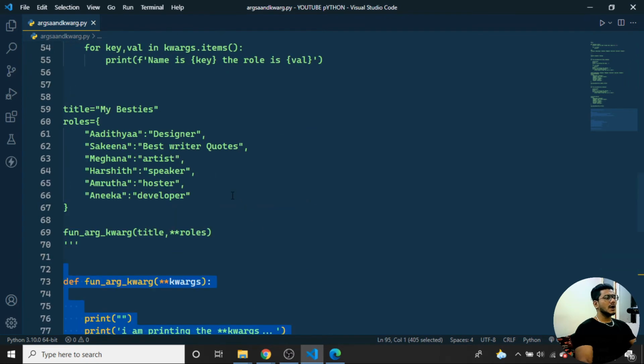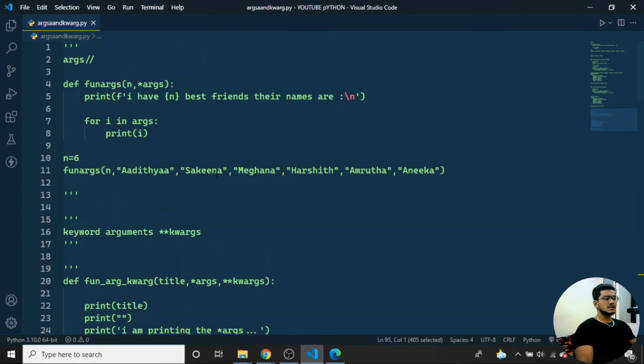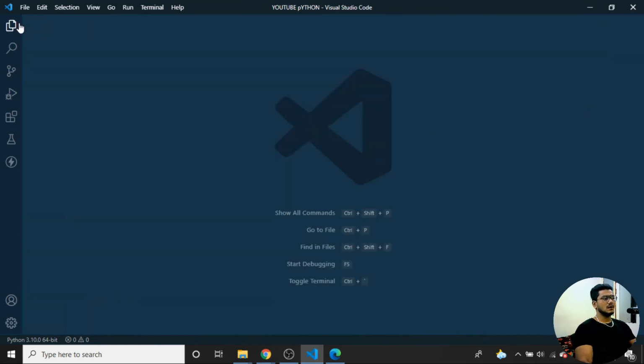So I hope you have understood completely how args works and how kwargs works, with arguments, without arguments, without variables, with variables. I have shown you with one example over here. Okay guys,